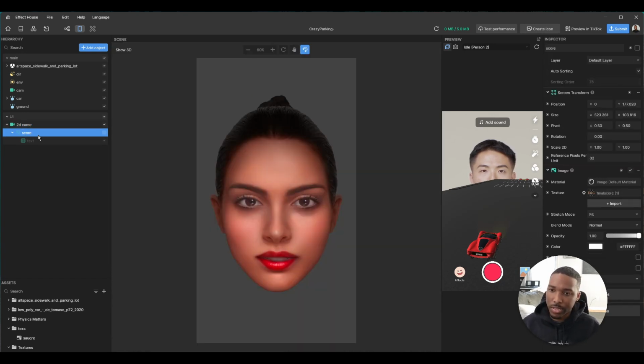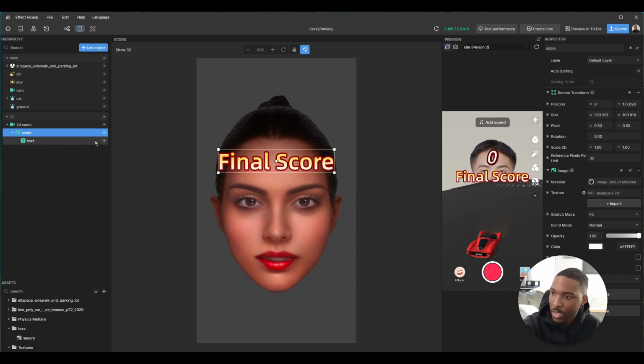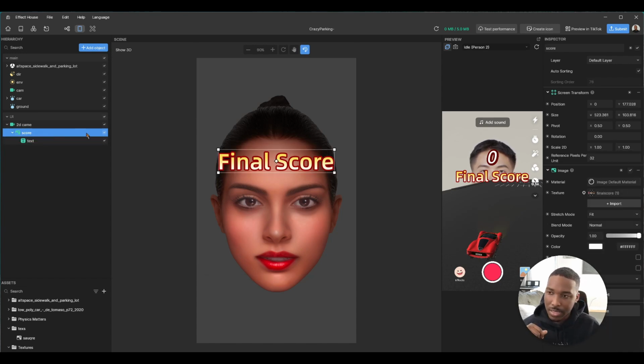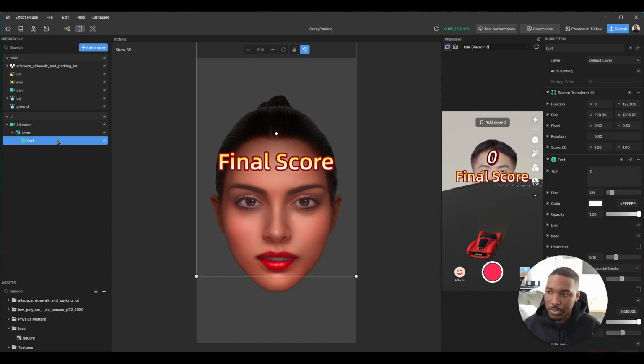And specifically right now, we have score. It's set invisible. So just to show you what that looks like, final score. And it is a parent of the text. So basically, if we turn this invisible or we turn it back visible, you can see it shows not only just the score text, which is final score, it also shows the